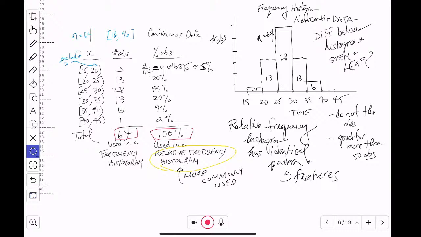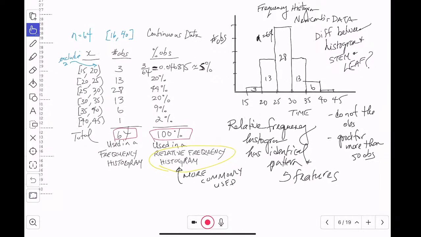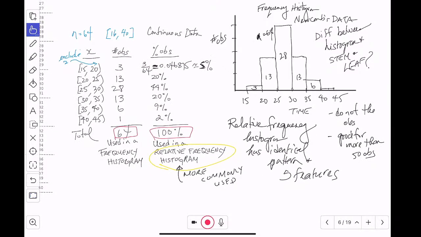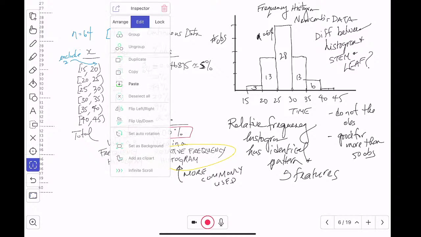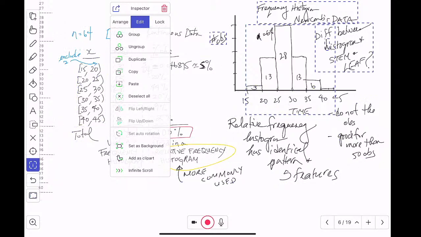So I could basically draw the same thing, which let's just do it quickly. Or you know what I'm going to do is I'm going to copy it. Oh dear, dear, dear.